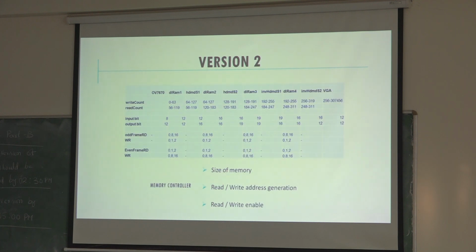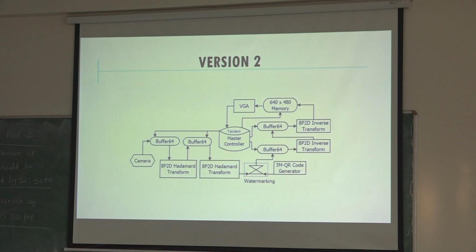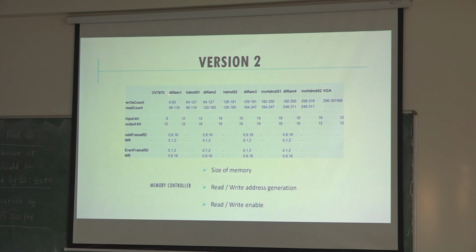Okay, so this is the clock cycle count. So what are the elements there? OV7670 is the first module. DLRAM, that means the buffer 1 is nothing but DLRAM 1, Hadamard stage 1, DLRAM 2, Hadamard stage 2, DLRAM 3, inverse Hadamard, DLRAM 4, Hadamard stage 2, that is optional, VGA I said, that RAM. So at last it's a VGA. Each and everything when we implement in the hardware FPGA, how much LUT it took, how much clock cycle it took, we kept. So the first stage after this has 0 to 63.